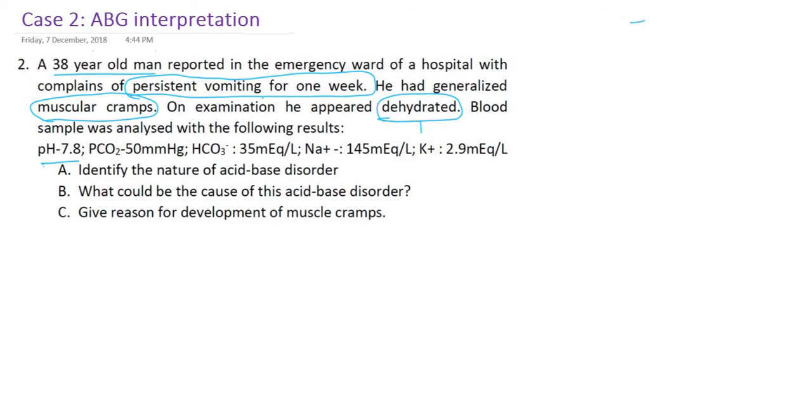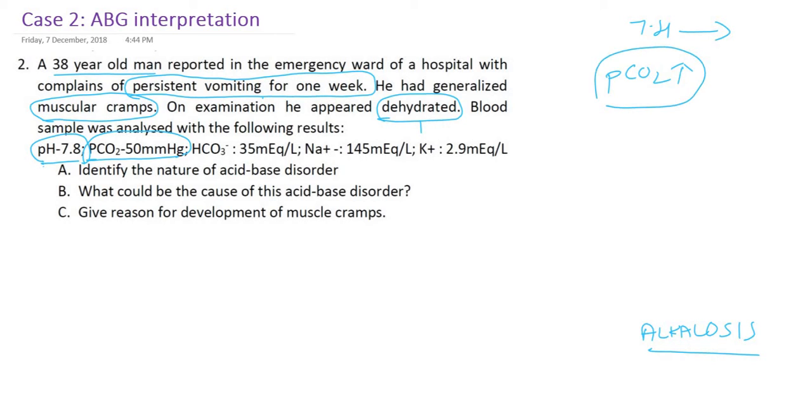What is pH? Our normal pH is 7.4. If it is above that, without seeing anything else, only seeing pH, I will write here alkalosis. Remember, my diagnosis will not be converted to acidosis, because the first and foremost important step is to see the pH. Now I will decide whether it is metabolic or respiratory alkalosis. I will see PCO2 here. PCO2 is increased, and if pH is less, it will go to respiratory acidosis. But I already wrote alkalosis.